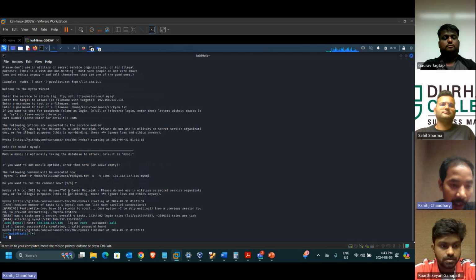So here is the command that I have used, and here are all the details that I used to run the attack on the database and how I got into the system. This is the default port of MySQL, this is the host IP where we have hosted the website, this is the username of the website, and this is the password. To hack this password, I have used the rockyou.txt file, which you can find easily on the browser. So after running this command,